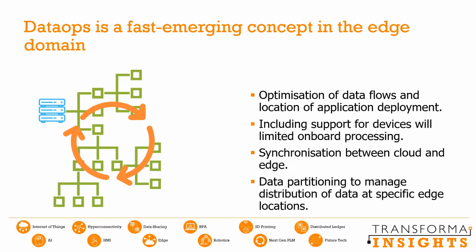Focusing again on the campus, data ops is a fast emerging concept in the edge domain. To explain a little more, what data ops can do is it allows for the optimization of data flows and the location of application deployment within a local campus environment, including deployment to and federated support of devices with limited onboard processing. Data ops at the edge might include configurable application-specific synchronization policies between cloud and edge, and within the on-campus edge, and data partitioning so that only the business data needed at a specific edge location is distributed